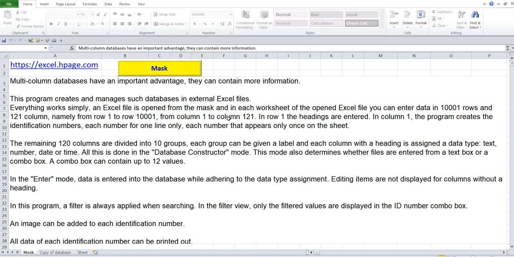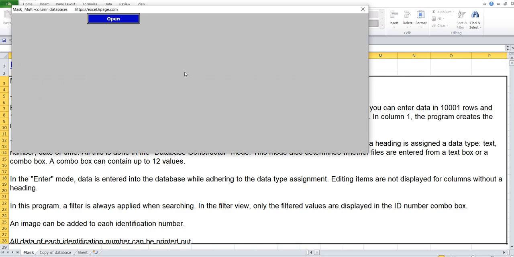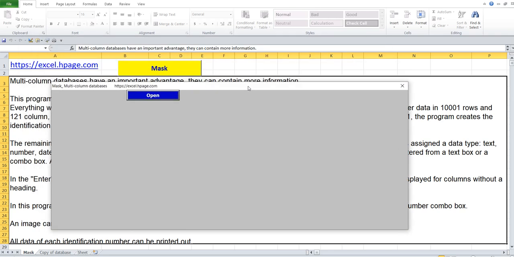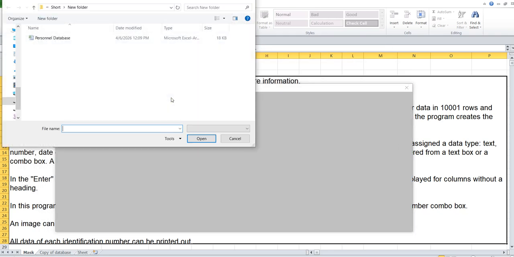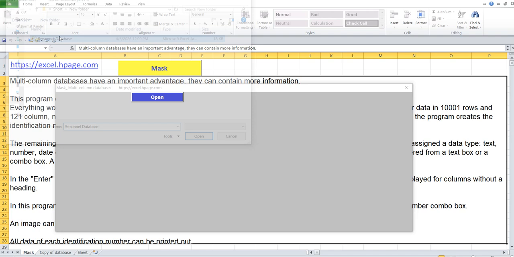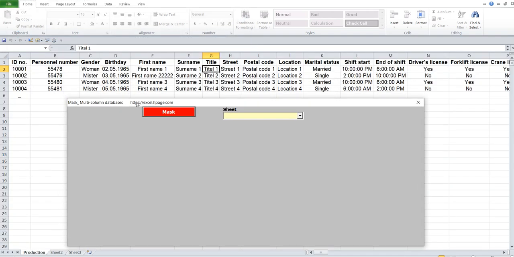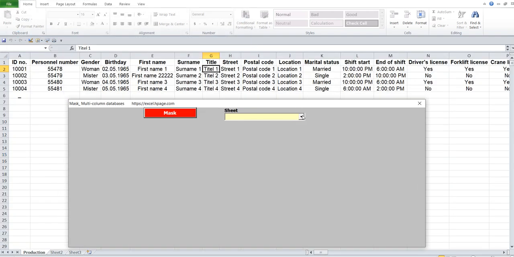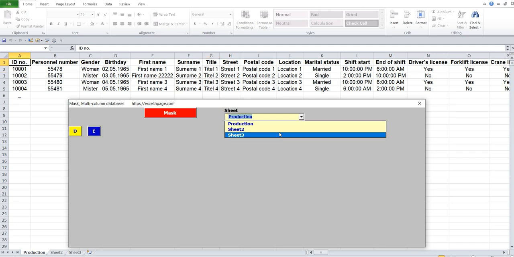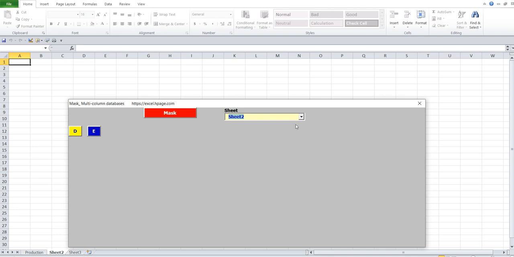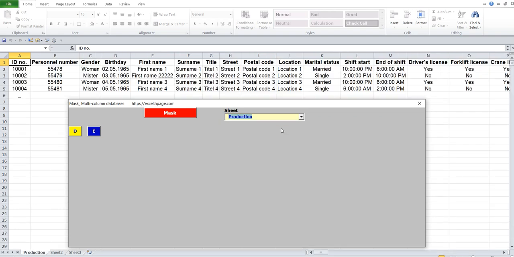External Excel files open and edit with multi-column databases from one mask. Excel VBA multi-column databases have an important advantage: they can contain more information. This program creates and manages such databases in external Excel files. Everything works simply. An Excel file is opened from the mask, and in each worksheet of the opened Excel file,